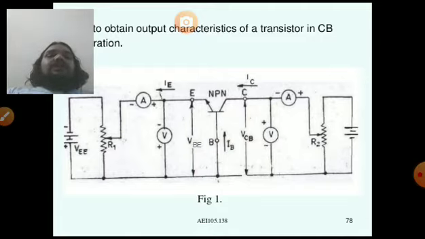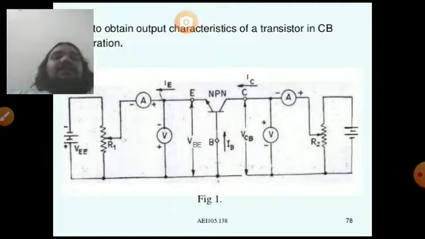The voltage between emitter and base is VBE, and the voltage between base and collector is VCB,